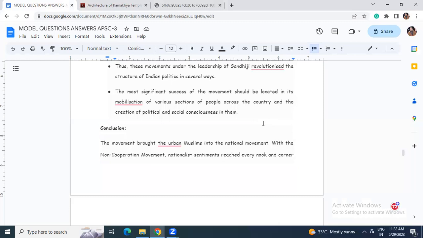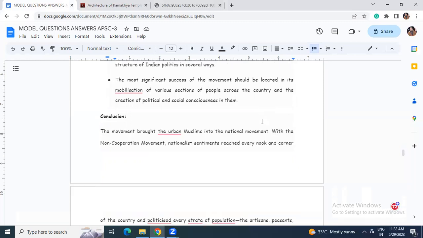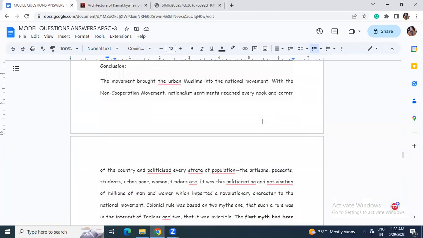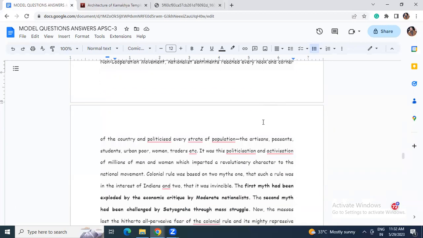Even the women are also participating, thereby creating a political and social consciousness in them. So how do we conclude? The conclusion will be like this. The movement brought the urban Muslims into the national movement. With the non-cooperation movement, national sentiments reached every nook and corner of the country and politicized every section of the